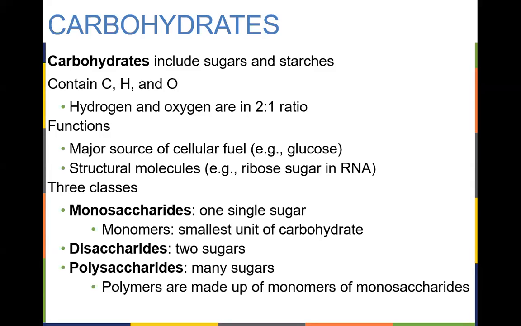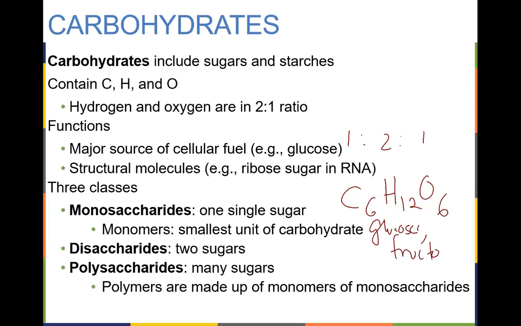Now, the sugar that we use the most is glucose. It's what's known as a monosaccharide. It's 1 sugar. We often call it a simple sugar. The monomer would simply be glucose, which is C6H12O6: 6 carbons, 12 hydrogens, 6 oxygens, still a 1 to 2 to 1 ratio. That's the monomer, a monosaccharide. Glucose or fructose. Now, most of us don't sit around and eat glucose.